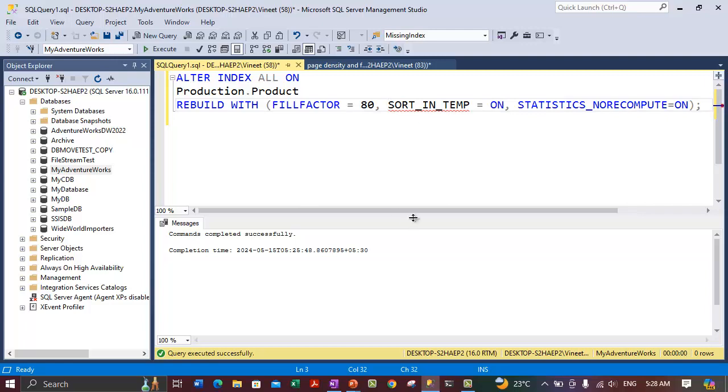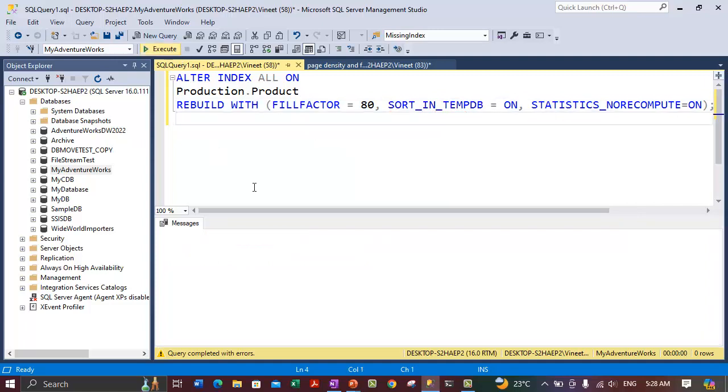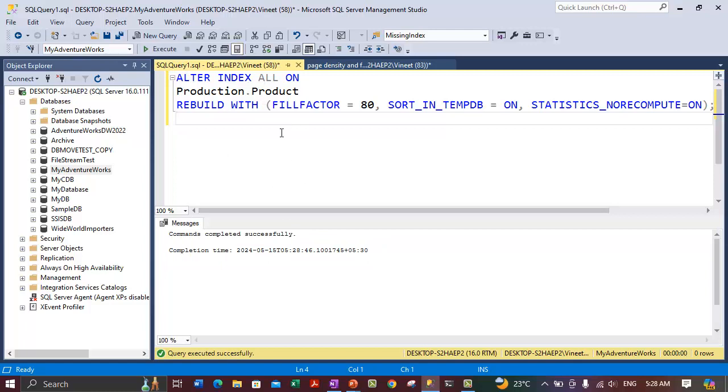I'm not sure why it is showing me an error over here, but the statement is correct. Let's execute this statement. So it is saying sort in temp. So okay, the option is sort in tempdb. I have not specified the full option. Alright, let's execute. So we have rebuilt all the indexes for the production.product table with a fill factor of 80,